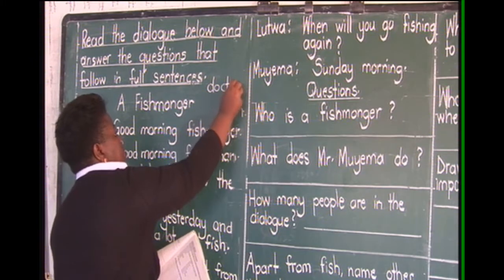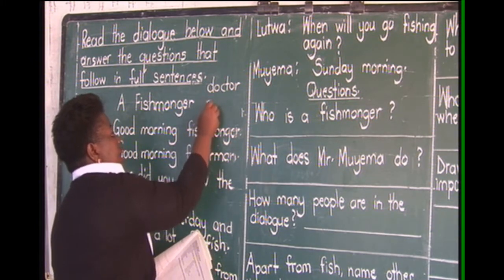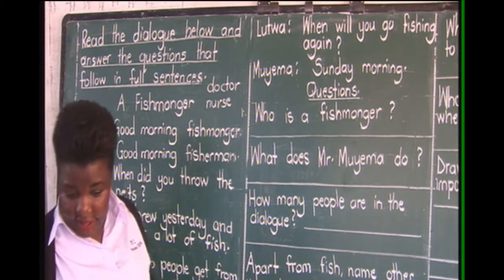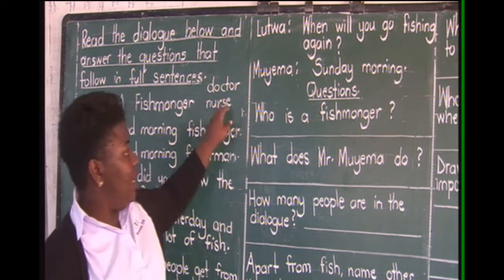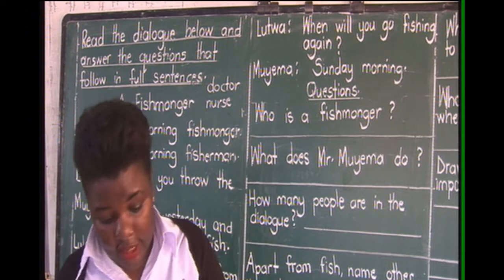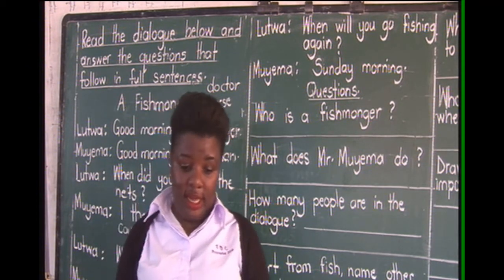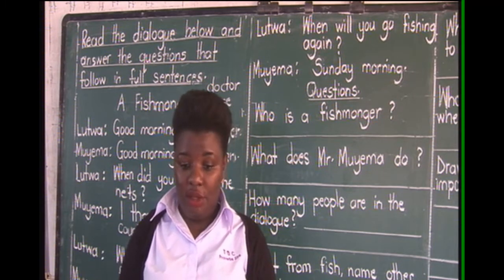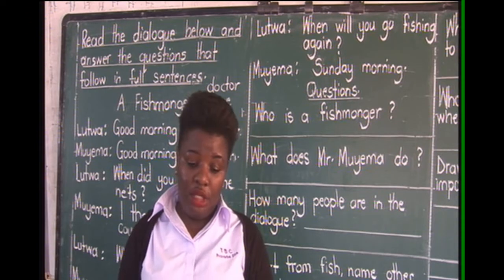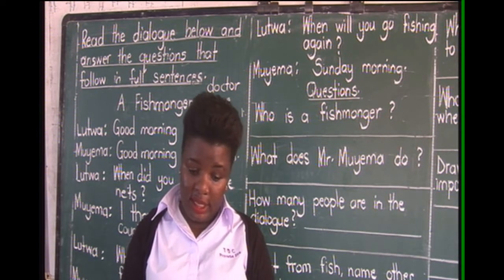You always keep on confusing them. We have a doctor and then we have a nurse. A doctor treats sick people. And then when we talk of a nurse, a nurse takes care of sick people. The next word on the list is garbage collector. When I talk of garbage collector, you hear the word garbage, garbage means rubbish. So these people collect rubbish, or they collect garbage.